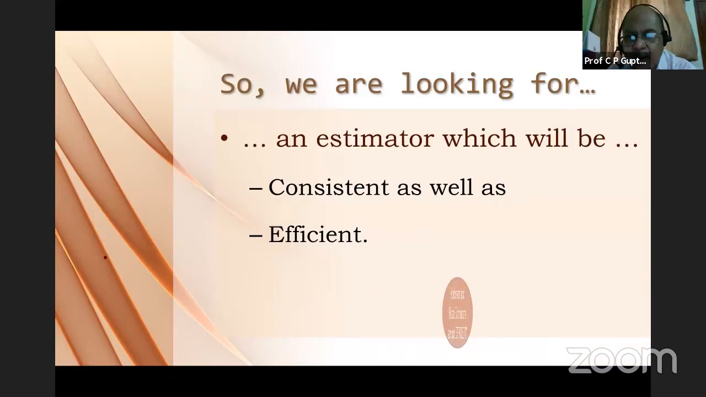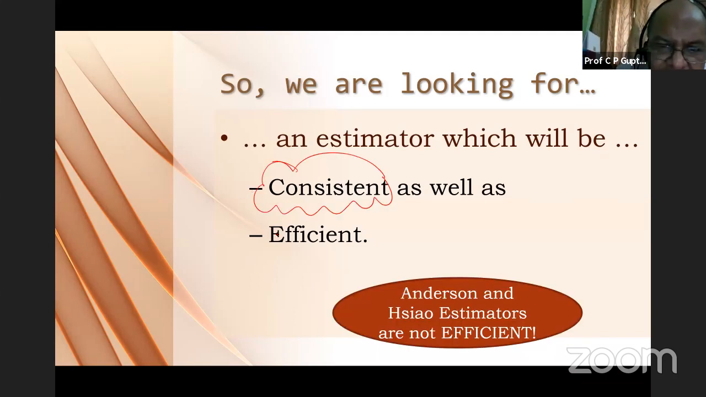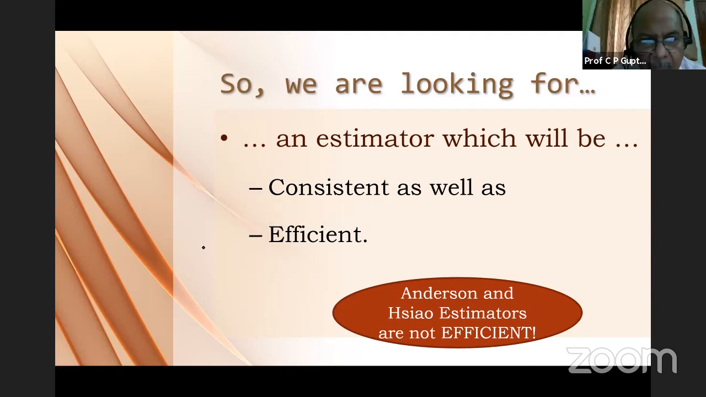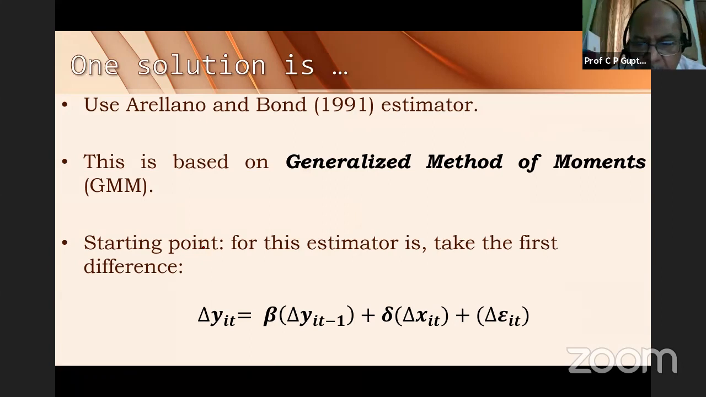So we are looking for an estimator that is consistent as well as efficient. Anderson and Hsiao estimators are consistent, but they're not efficient. Then we got some solution from the Arellano Bond 91 paper, and they suggested use of the generalized method of moments or GMM. The starting point for this estimator is to take the first difference, okay, and